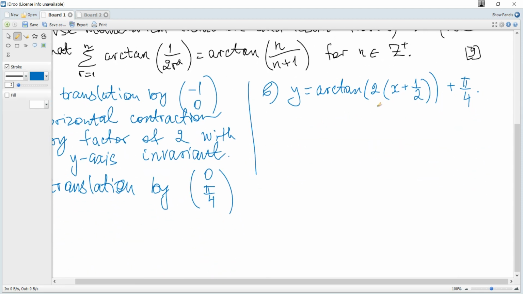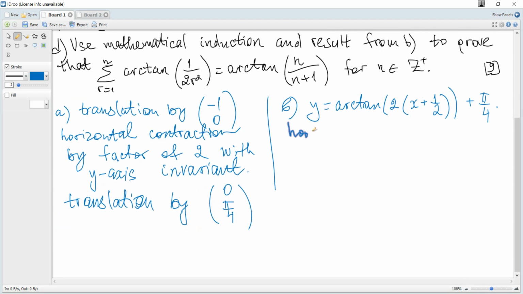And then we start with this 2, so it's a horizontal contraction by a factor of 2 with the y-axis invariant, or it's the same as a horizontal stretch by a factor of half,